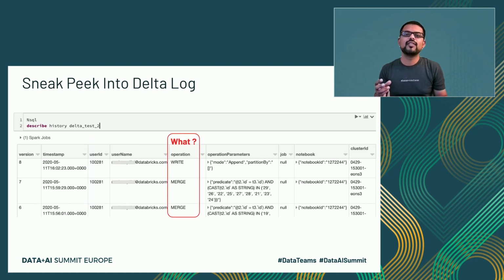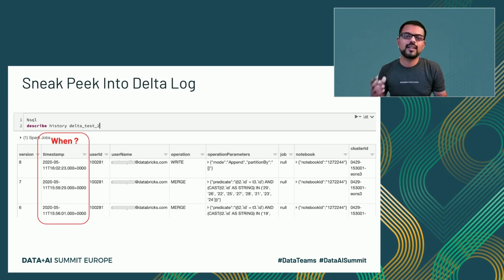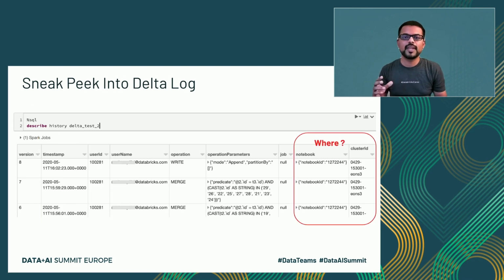It tells you whether it is a write operation or a merge operation and so on. It also gives you when the commit happened. What is the timestamp? The timestamp is in UTC format. It also tells you the where aspect, which means whether the commit happened as part of a notebook. If so, what is the notebook ID? What is the cluster ID of the cluster that performed this commit?